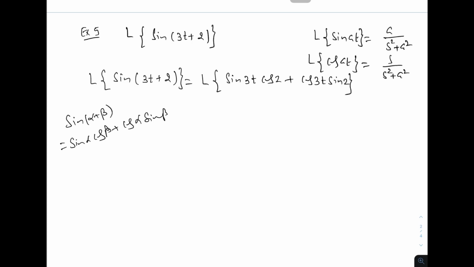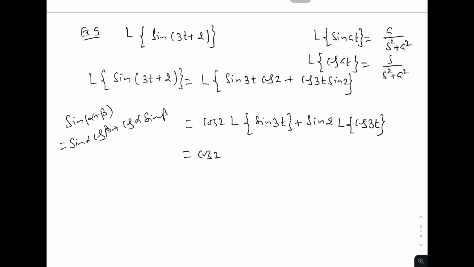Now, this cosine 2 and sin 2 are constants. So, that can be handled like this: equal to cosine 2 Laplace transformation of sin 3t plus sin 2 Laplace transformation of cosine 3t,